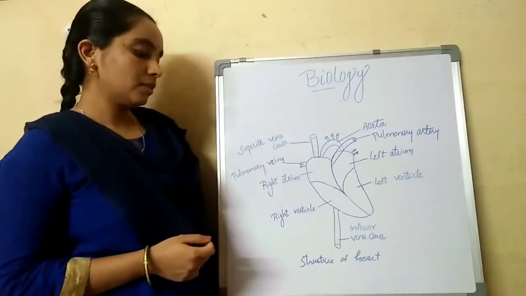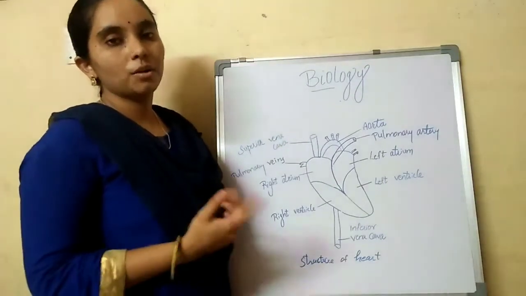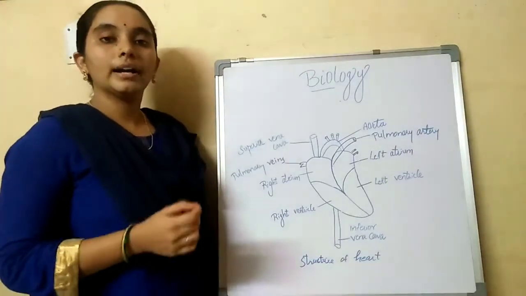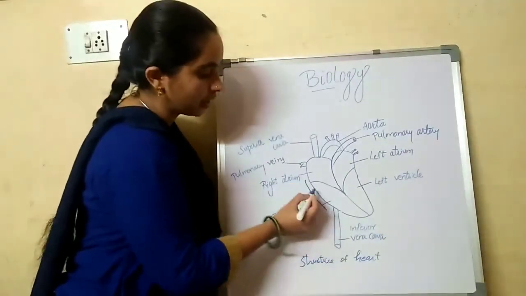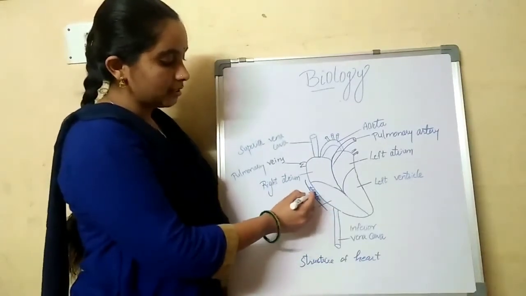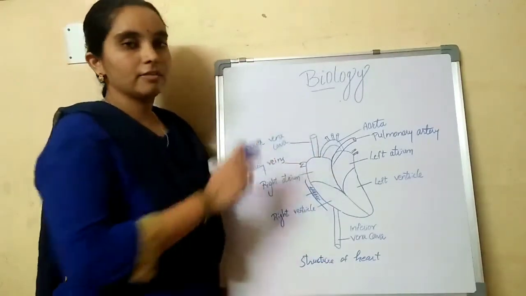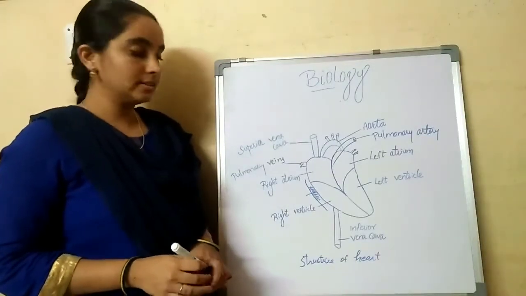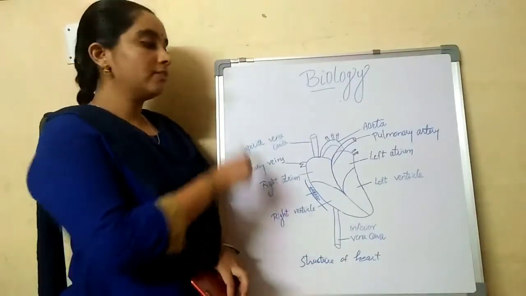When you talk about the structure of heart, the heart is covered by two layers, outer and inner layers. These membranes are called pericardial membranes, and in between the two membranes, for example, if this is the outer and this is the inner membrane, there is a fluid. This fluid is called pericardial fluid. This pericardial fluid will protect the heart from shocks, absorbing the shocks so they do not affect the function of the heart.